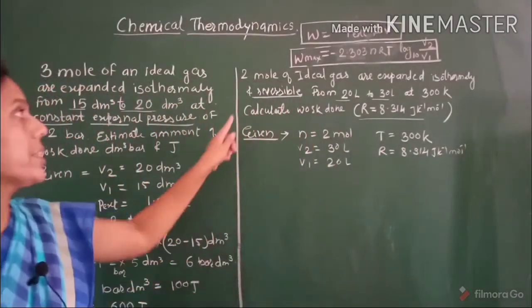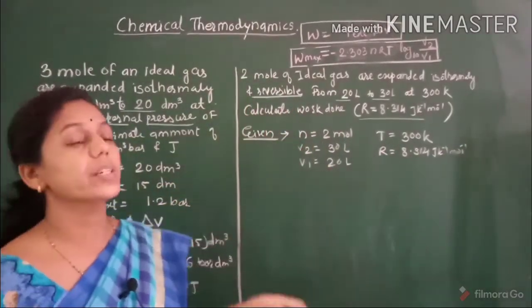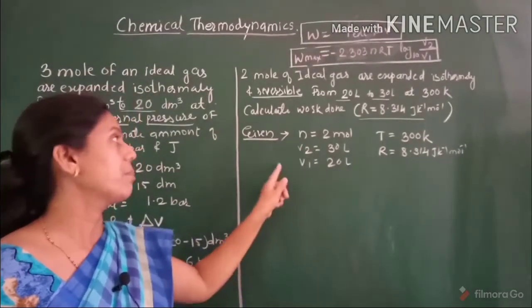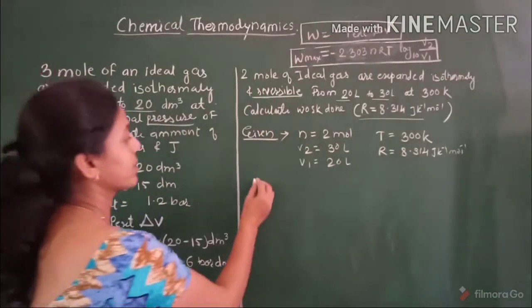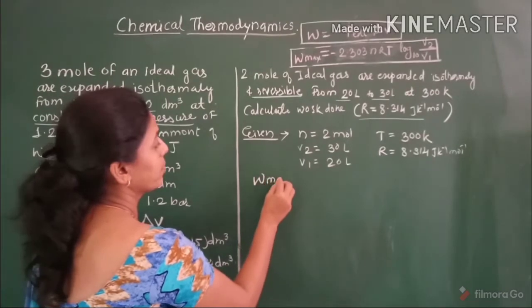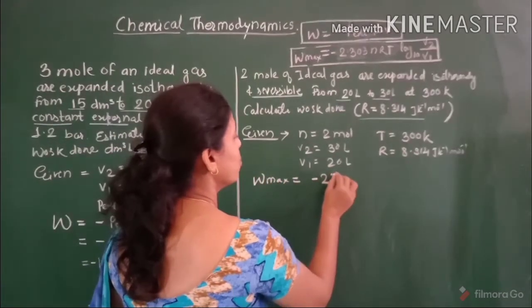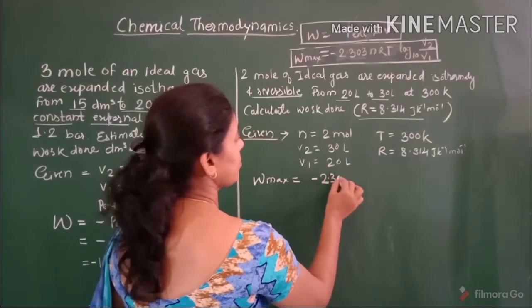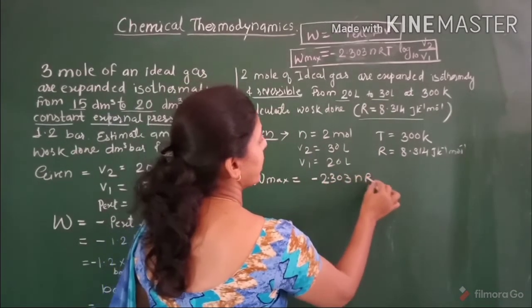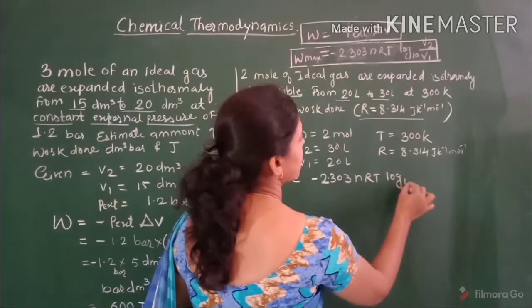If the condition is reversible and temperature is given, you must apply the formula W max. So W max equals minus 2.303 nRT log to the base 10 of